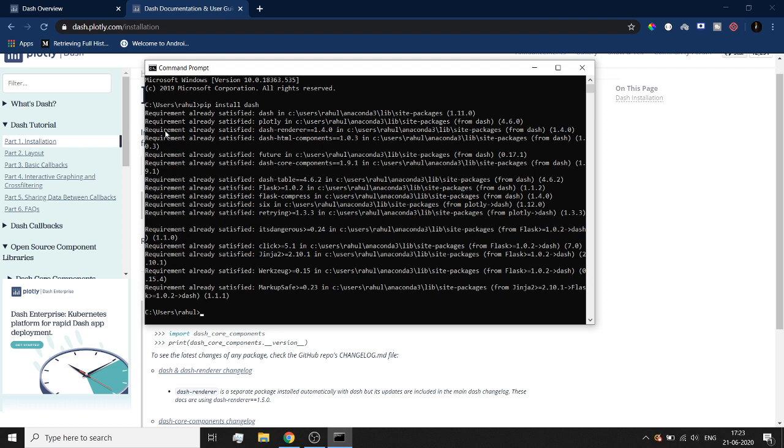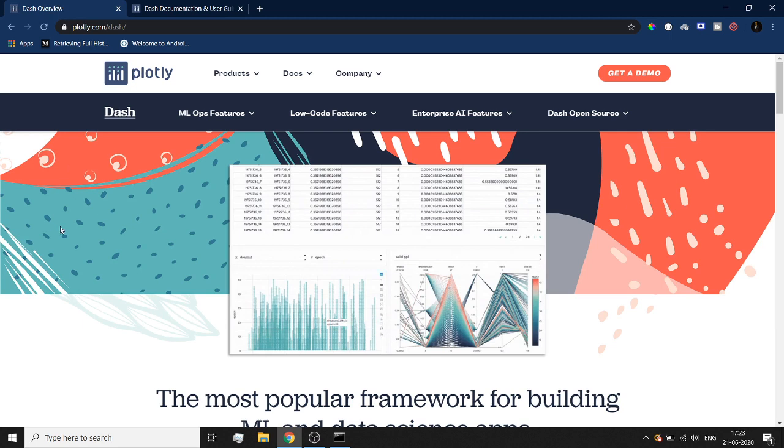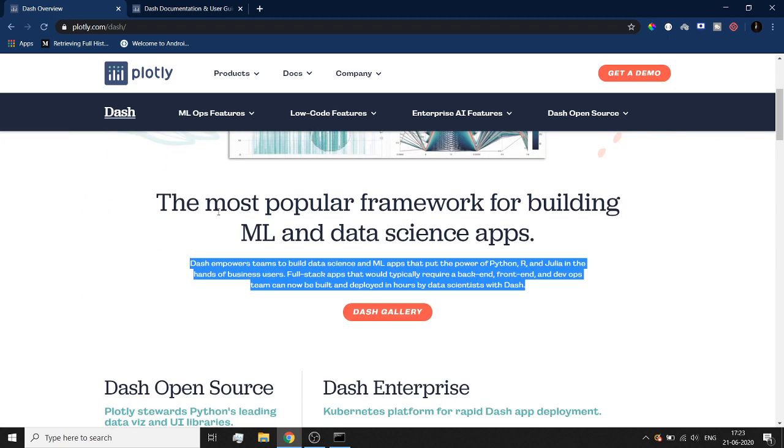Okay, so once we are done installing the Dash framework, the next step is to actually make something with Dash. But before we actually make something with Dash, I would like to first tell you a little bit about backend and front end. From the name itself, it should be quite self-explanatory that backend is something which happens in the backend, which is clearly not shown to the user, whereas front end is something that is shown to the user. Say for example, whatever I am able to see on this web page will be a part of front end.